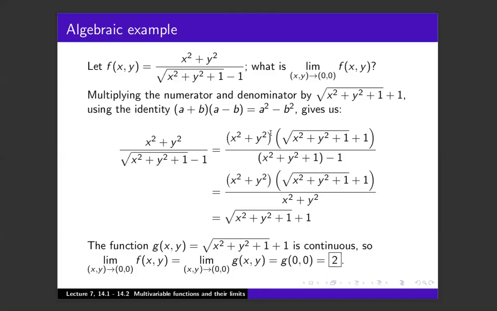Okay, I think I'm back. I was gone for a second. So the point is with this algebraic example, I don't know how long I'll last, so I'm going to try to get